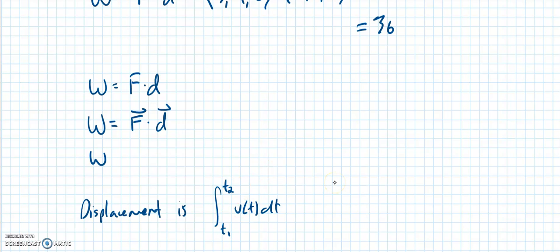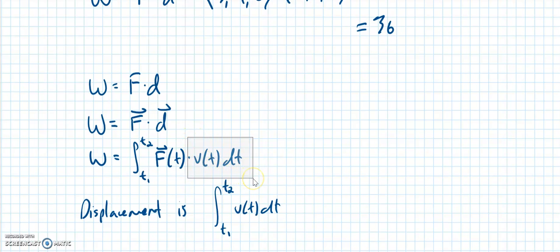So what if I wanted to calculate my work? What if my force vector was changing over time and that velocity was changing over time? Well, I can do the integral from t1 to t2 of force at any given time times velocity at any given time dt. Because you should see that with this integration here, the force is just going to stay as the force, and integration is essentially multiplying. We've talked about that a lot. So when I multiply velocity by time right here, that gives me a distance. And I'm integrating from t1 to t2, so I can actually find the work in a much more complex scenario